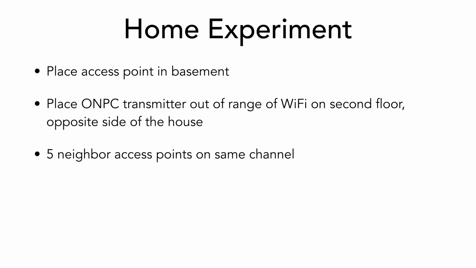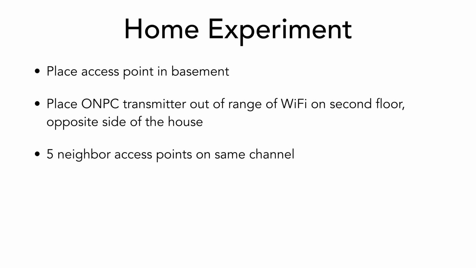So now we want to test this in a real home environment. So what we did is, I lived in a small apartment at the time, so that didn't really work very well. So I went to someone's home, and we placed the access point down in the basement. We wanted to get kind of the edge of connectivity. So we placed the access point in the basement, kind of the worst case scenario, and then we had a sensor up on the third floor, essentially, second floor of the home, but 3 floors away from the basement, on the opposite side of the house.